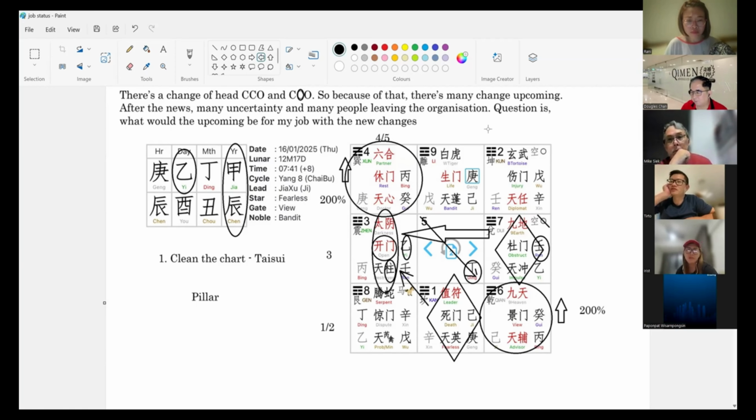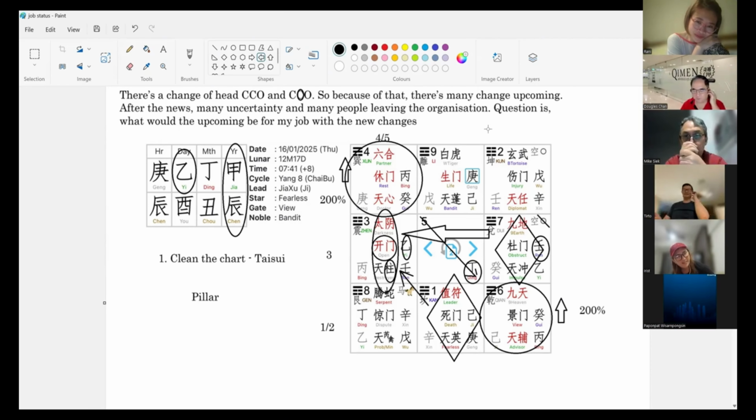What about the redundancy package, Master? Oh, goodness, we don't see it. We are not in Australia. Oh, okay, different system then. If it's in Australia, fine, no problem. You have a very hefty package. But in Singapore, it depends on the contract. Sometimes they say, okay, we'll give you 1 month notice or 2 months notice, maximum 3 months notice. Then probably they'll pay you 3 months back, and on top of that, maybe some extra incentive here and there. It's not so fantastic compared to Australia.